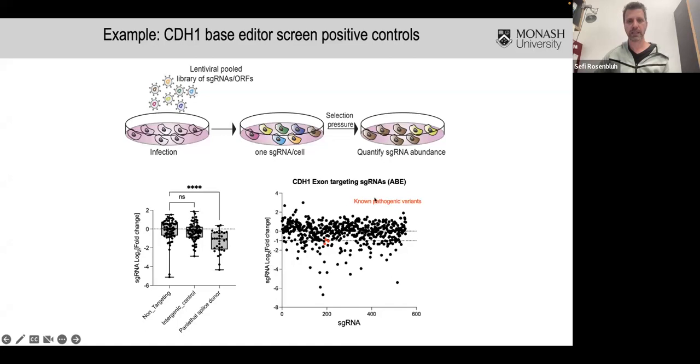If we look at CDH1 exon targeting sgRNAs, what you could see is the majority of them are not inducing a phenotype, which is good, and that's what we would expect. But within our cohort, within this ABE screen, there were 3 variants that should introduce a known pathogenic variant. And you could see right here that all of them scored very nicely in our screen. Usually guide RNAs that show a decrease in proliferation below a -1 log fold change, we consider a very strong hit, and all of these scored as strong hits. And now we're looking at the rest of them to see what they are doing.